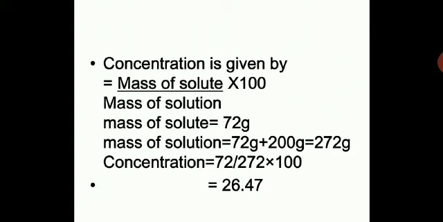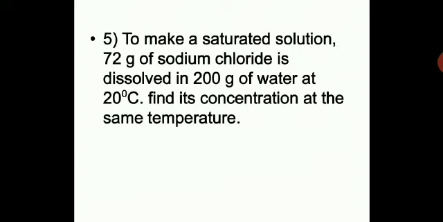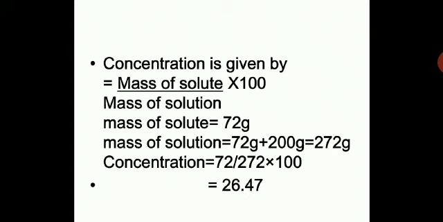Gather the data here: mass of solute 72 gram, mass of solution is 72 plus 200 gram of the solvent, which will give you 272 grams. So now concentration will be 72 upon 272 into 100. That mathematical calculation will give you 26.47. So that is the concentration. They had not asked you to express it in percentage, that's why it will not have a unit here, it will be only 26.47. So is it clear children? Mass of solution you have to take out with the help of mass of solute plus mass of solvent. So you can easily do the calculation mathematically and find the answer.